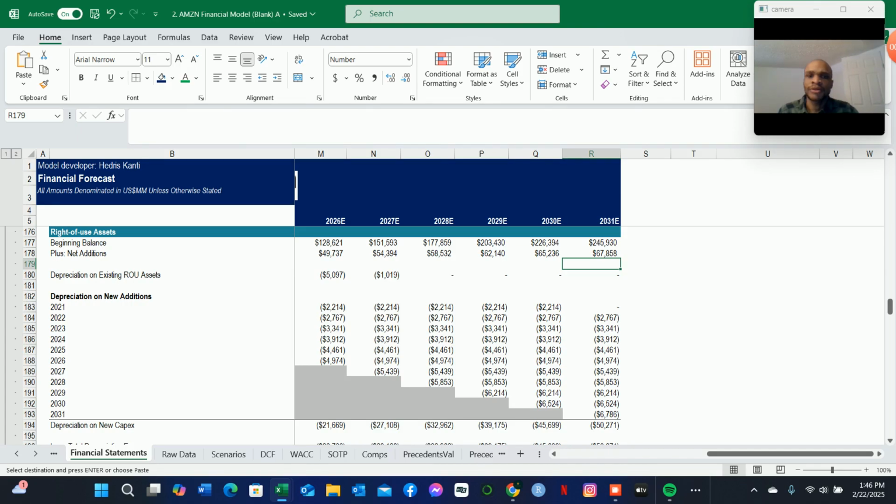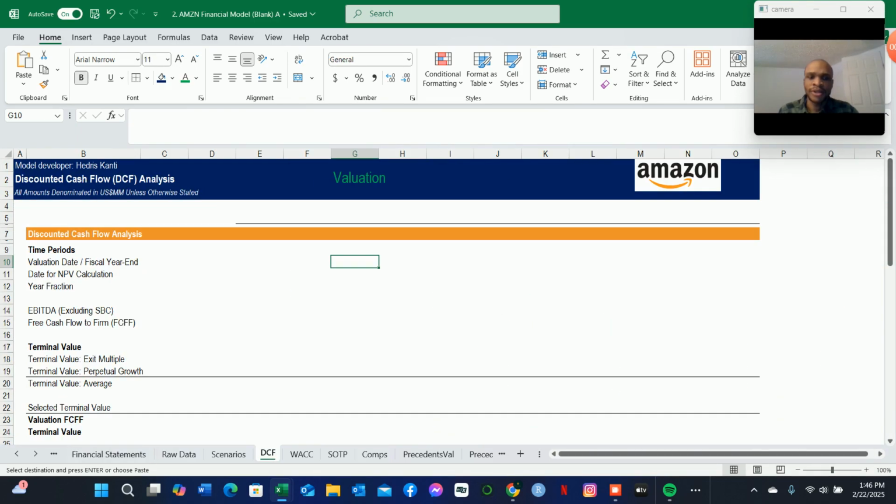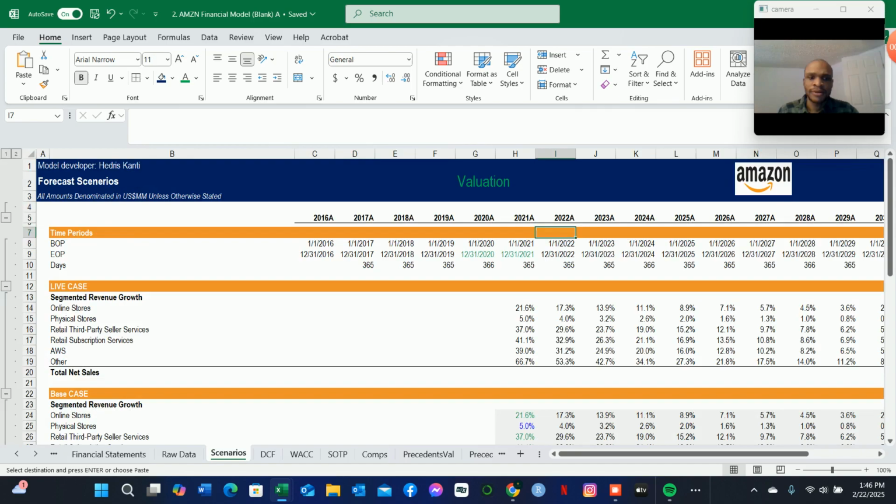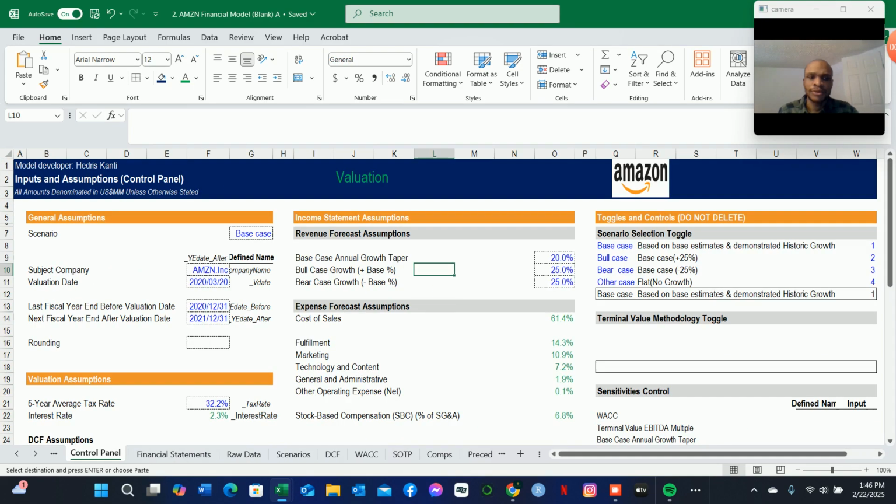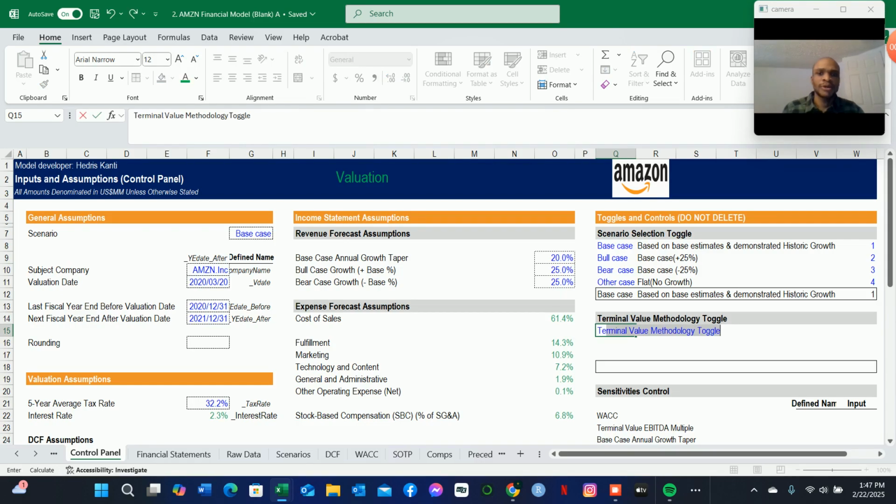So we're going to be working on that now. So let us switch to our control panel here, where we will bring in some terminal value methodology. So we will begin here with